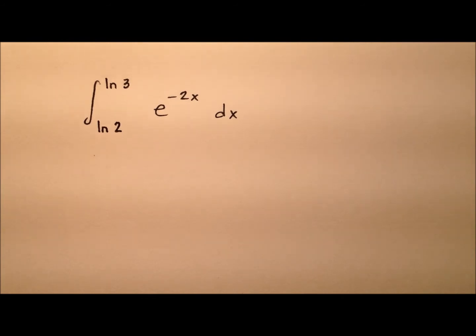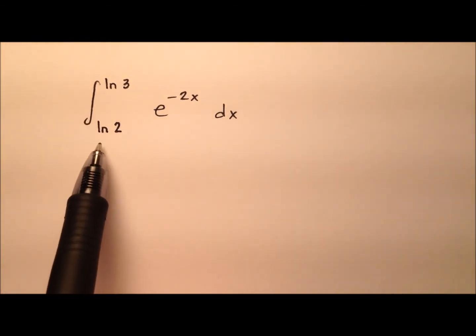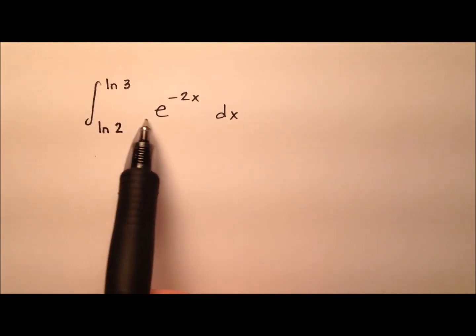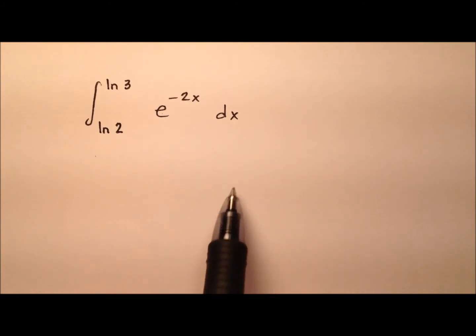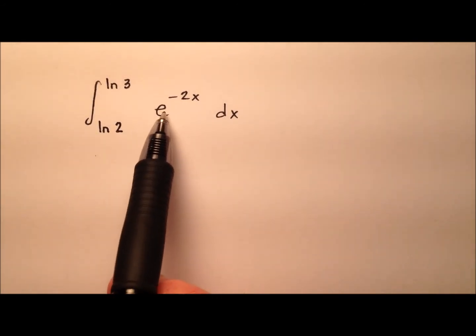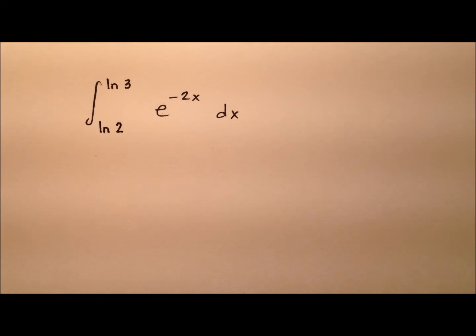In this example, we're going to evaluate this definite integral, and it looks like we have the integral from the natural log of 2 to the natural log of 3, and our integrand here is e to the negative 2x, and of course that's with respect to x. So I suspect that since we have e right here as a base, and we have some natural log values for our limits of integration, this problem should actually come out pretty nicely. So if you'd like, go ahead and pause the video and give it a go, and then come on back,